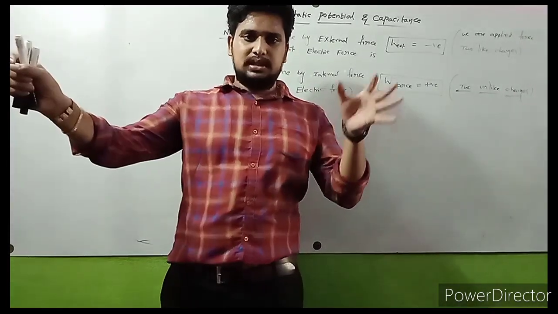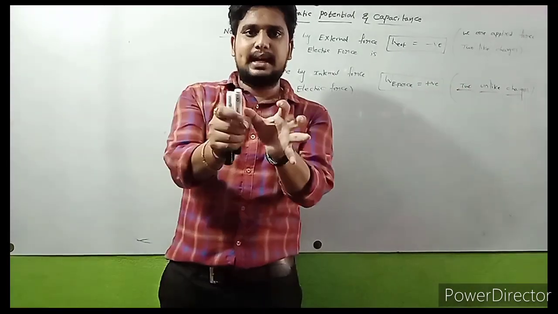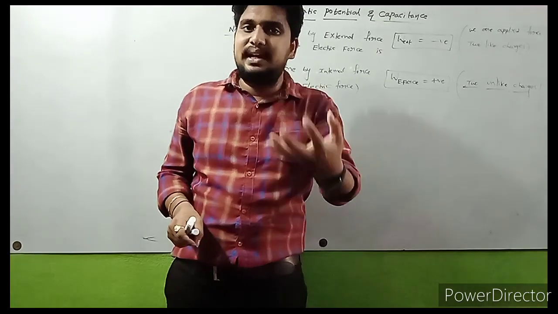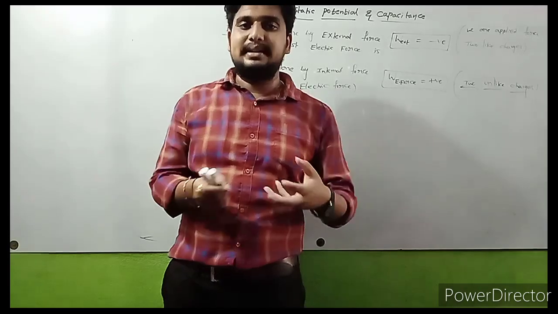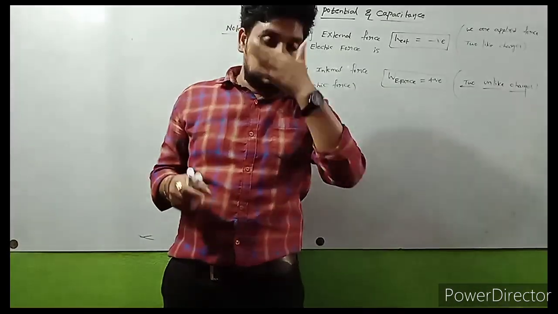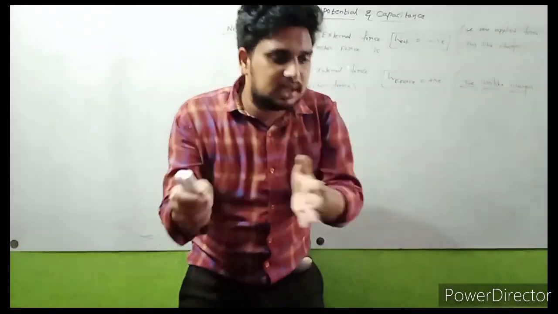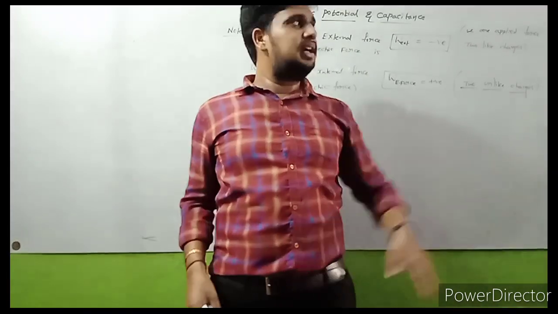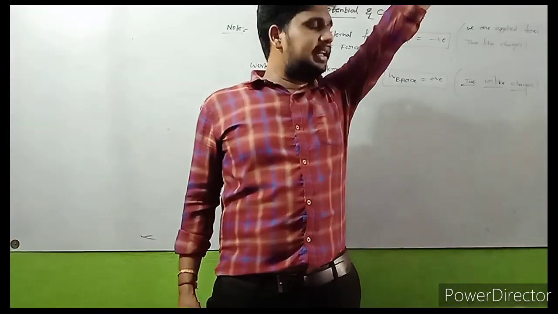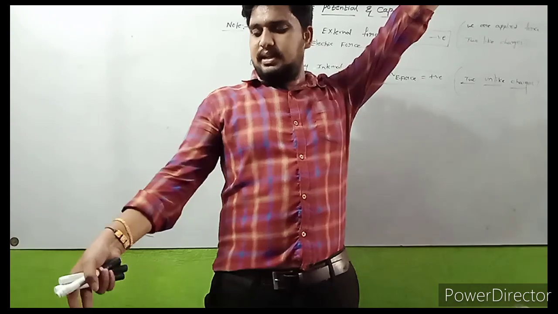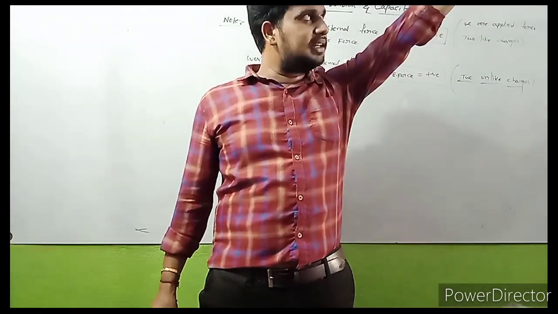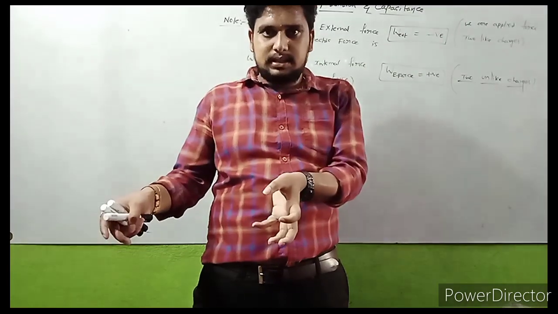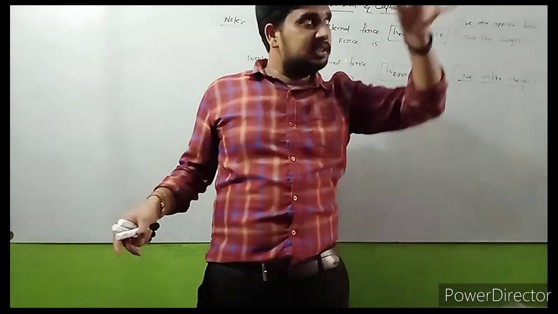One is a positive charge, another one is a negative charge. Definitely they are attracted to each other. We need not apply any external force because unlike charges attract each other by nature. But for like charges, which repel, we need to move closer. Somewhere at infinity some positive charge is there, and here some source charge is there. We bring that charge from infinity nearer to this point.